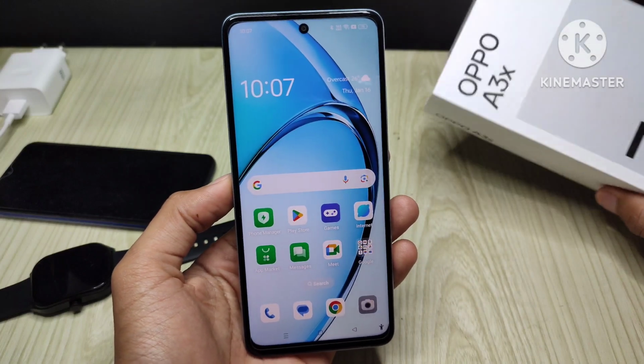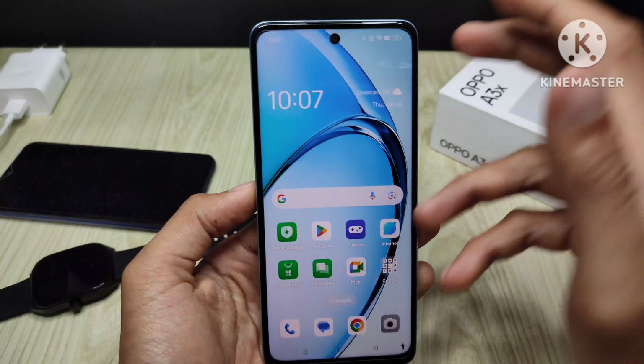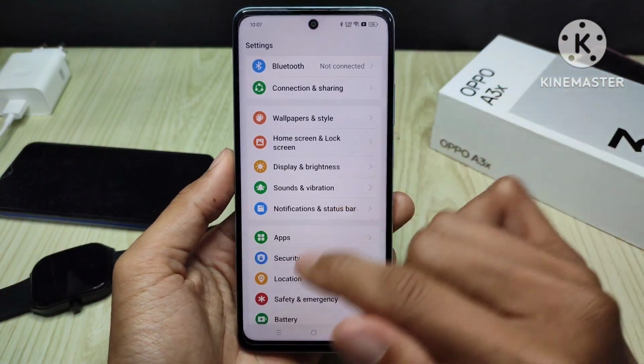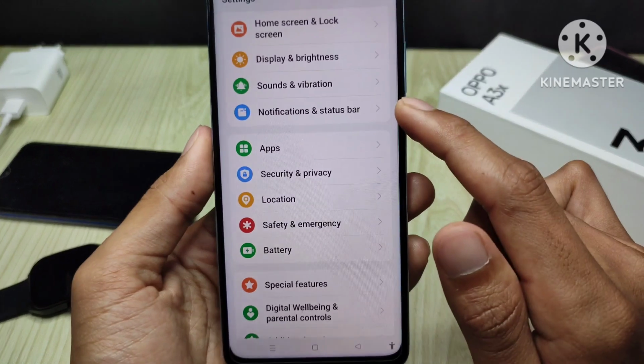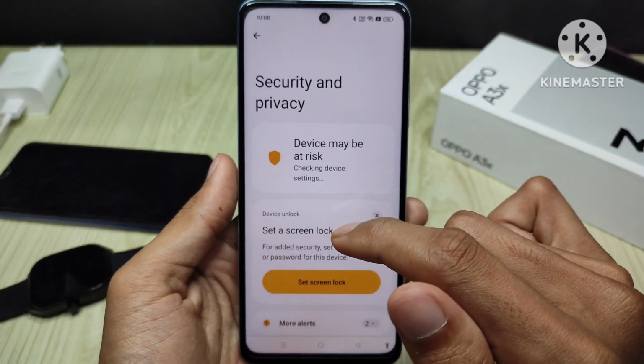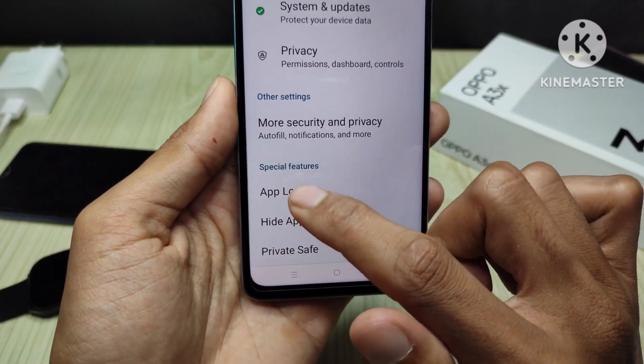How to lock apps on Oppo A3x. So it is a simple way. You can select on settings, tap on it, and then you can tap on security and privacy, tap on it, and you can scroll until you find app locks. You can tap on it,